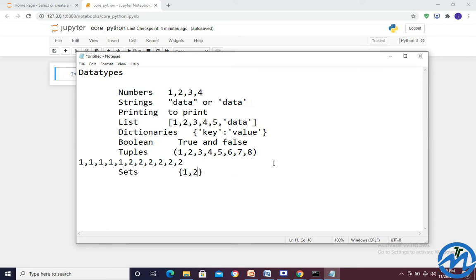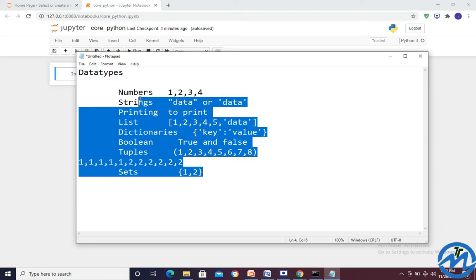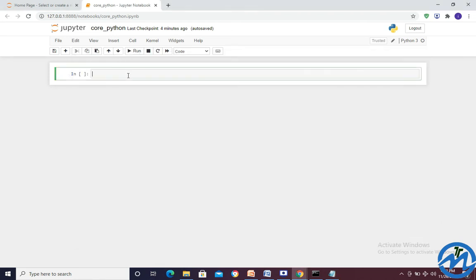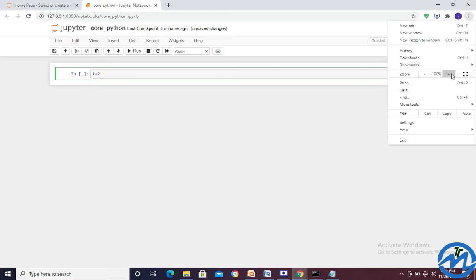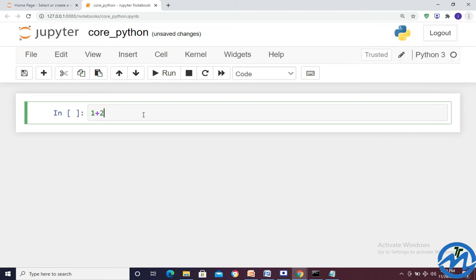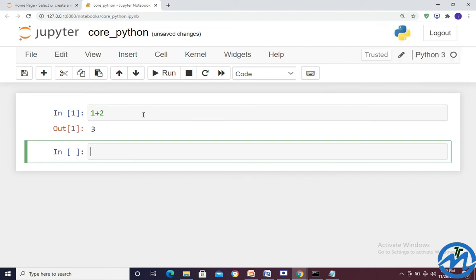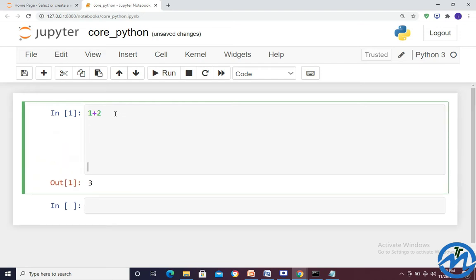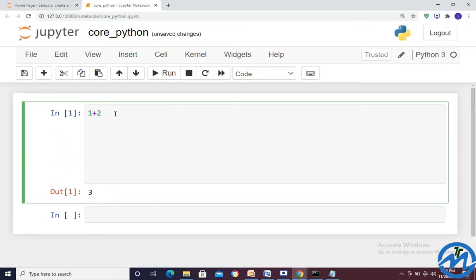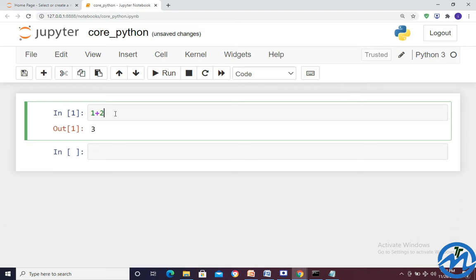So let's go ahead, let's start our program on all these data types. First we'll start from the numbers. How can we do it with numbers? 1 plus 1, 1 plus 2. Let me increase this font. 1 plus 2, and then Shift+Enter. When you press Shift+Enter, you're running the cell and getting the output. If you press only Enter, you'll be ready to write the next statement in the same cell in Jupyter. Okay. 1 plus 3,